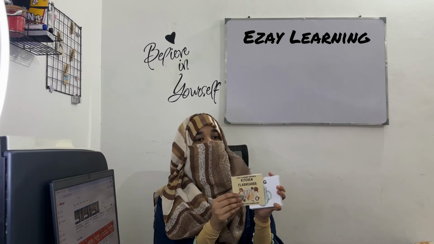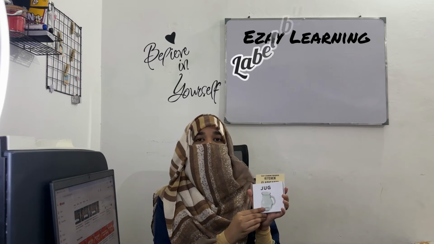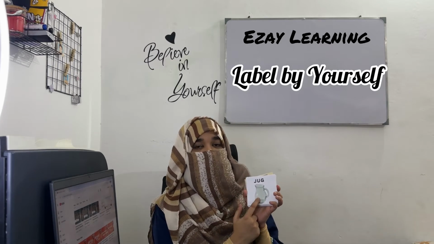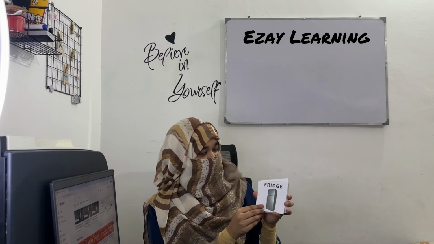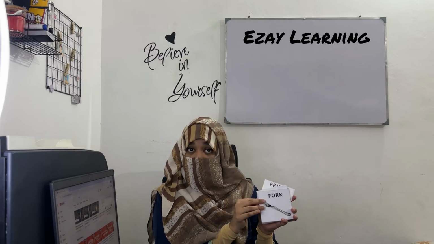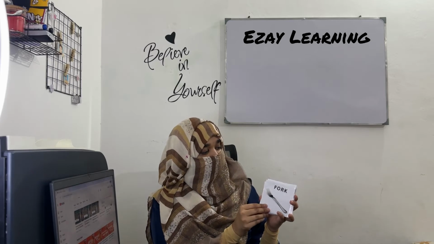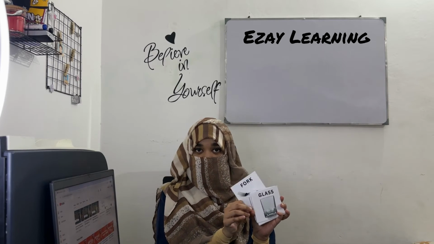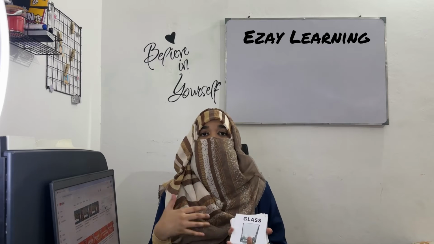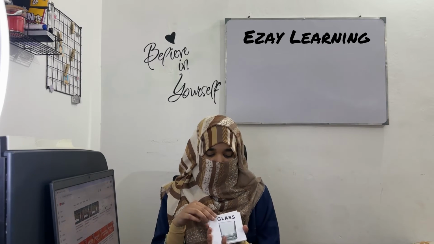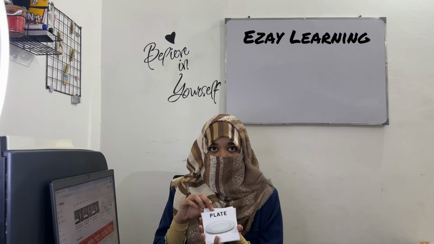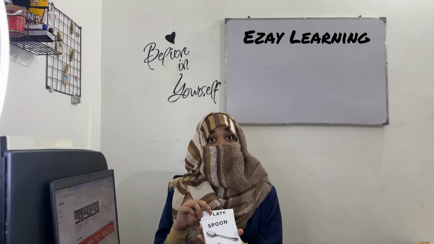What is this? It's a jug. Jug, fridge, fork, glass. So you can move it in a slow speed or in a fast speed as per the child. You can simply be like plate, spoon,